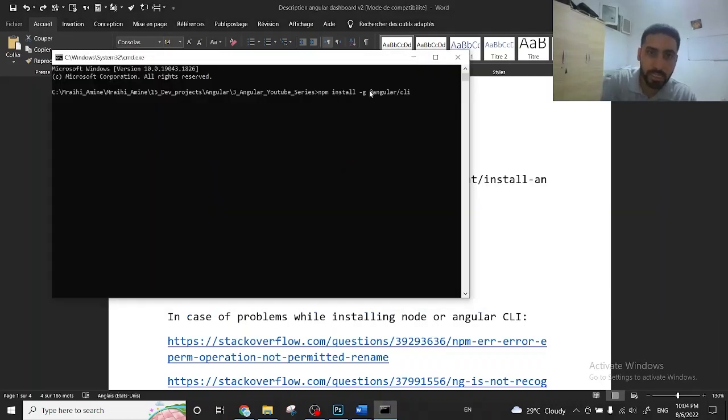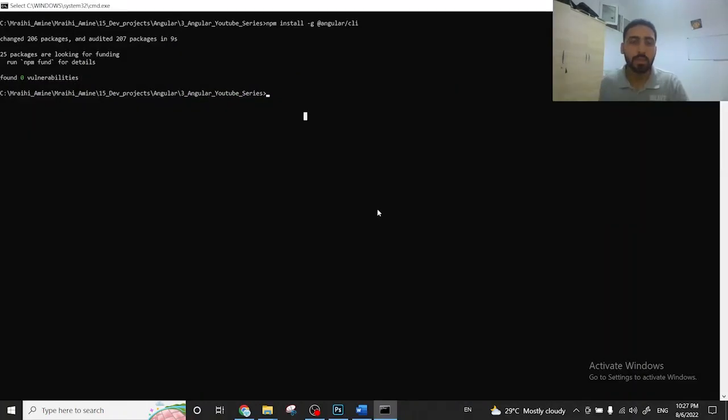We just type this command, which is npm install minus global Angular CLI. Okay, we wait a little bit until it's installed on our machines. Okay, so once Angular CLI is successfully installed, we got this message, which indicates that zero vulnerabilities were found, and we can now create our project using ng new, and the name of our project